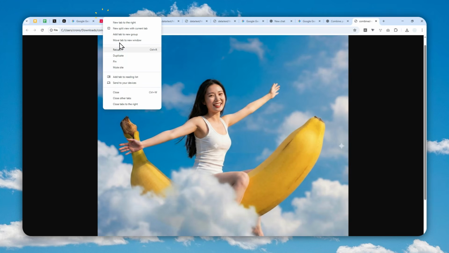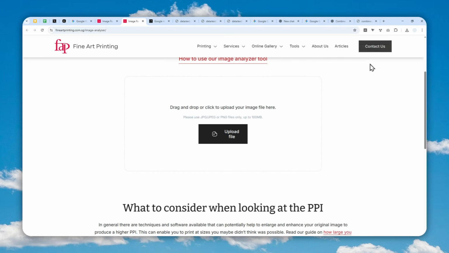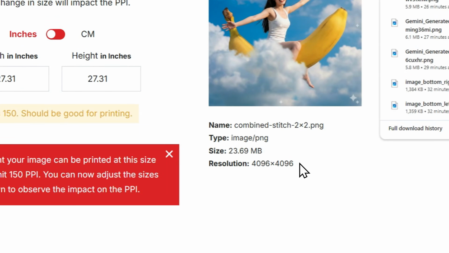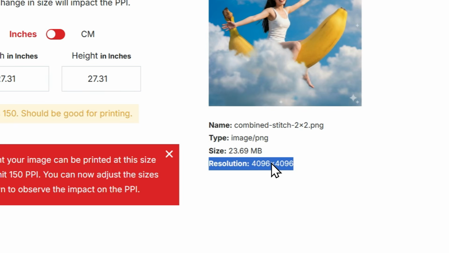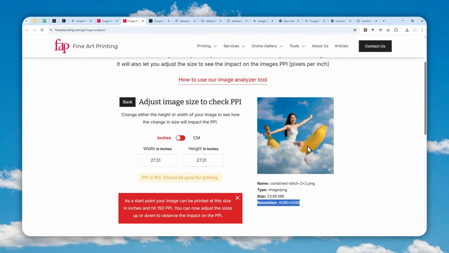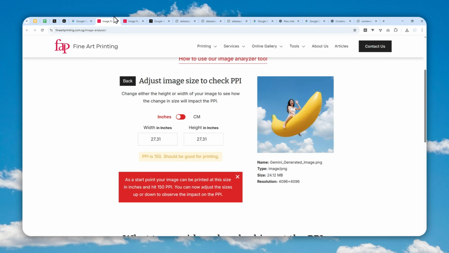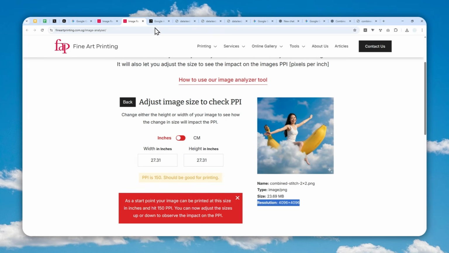And by the way, just to verify, I'm going to check the full resolution again, and you'll see it should be saying 4096 pixels, and there you go, it is a 4K picture. So yeah, that's basically a workaround. It is not a perfect method, of course. We're just trying to find a solution for a problem that is difficult to solve to begin with. But again, at least we got a 4K picture that was generated by Gemini Nano Banana Pro with the help